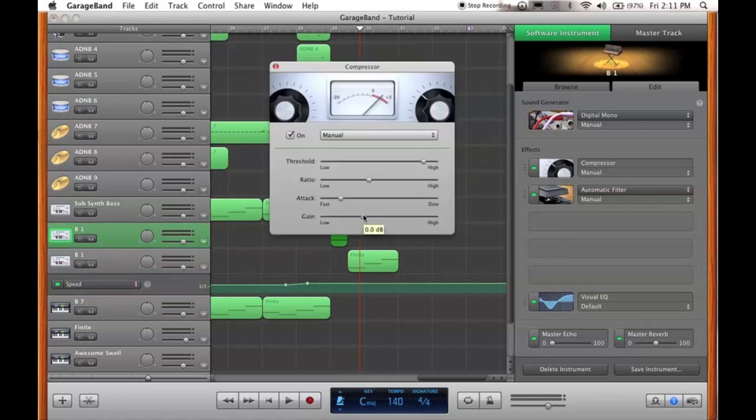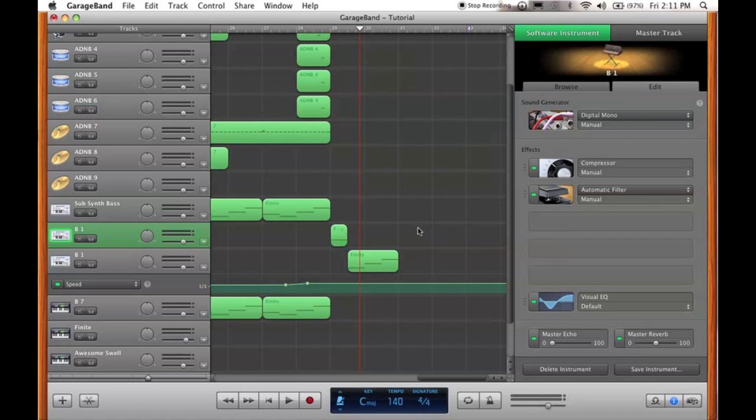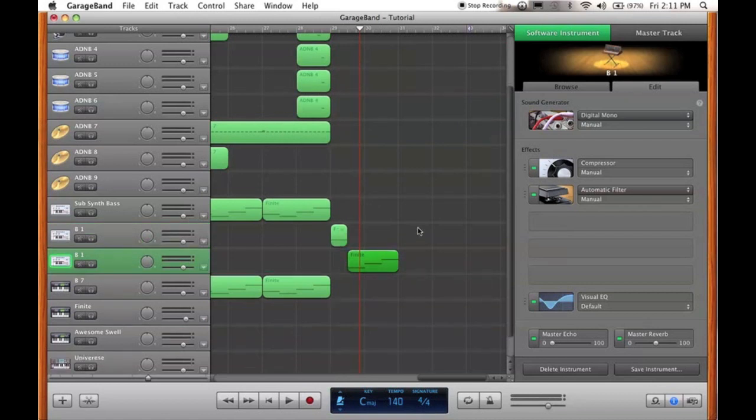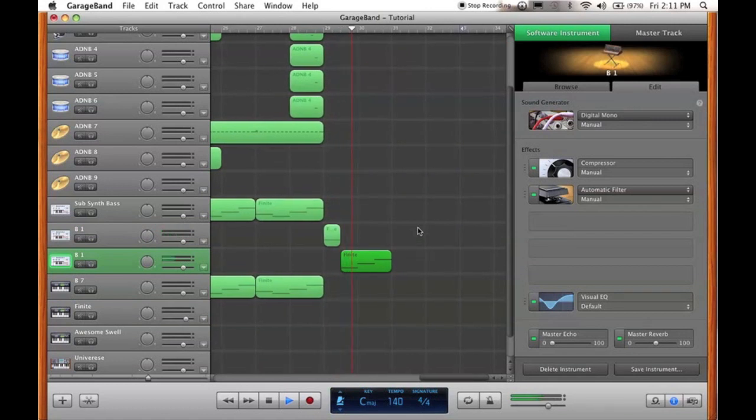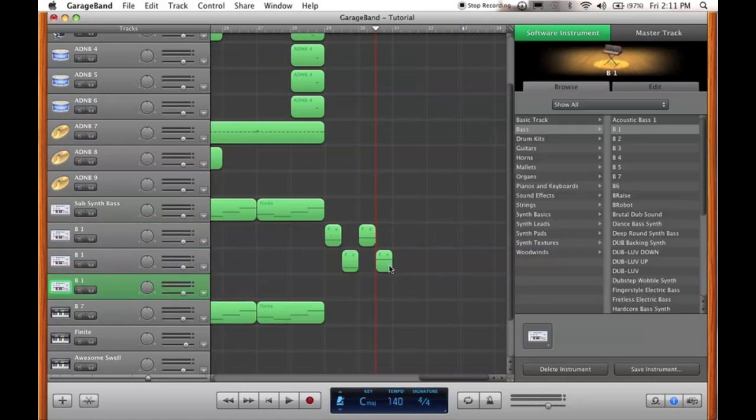Now you don't have to make those two separate tracks to have different speed wobbles, but I just like to do it because it sounds less messy in the long run. So yeah, this song is going to be very simple, guys, but I don't want to go on too long. And then we can just make another track,